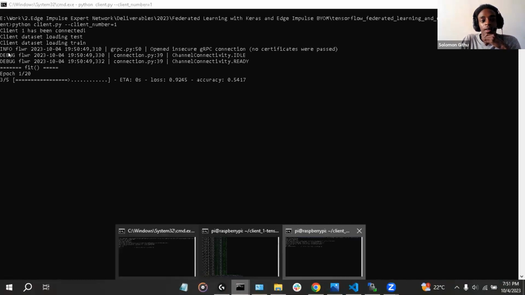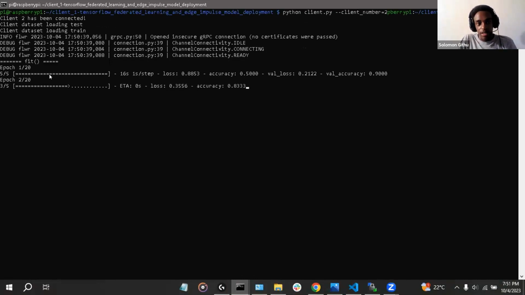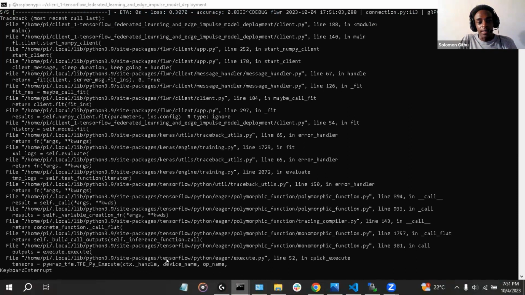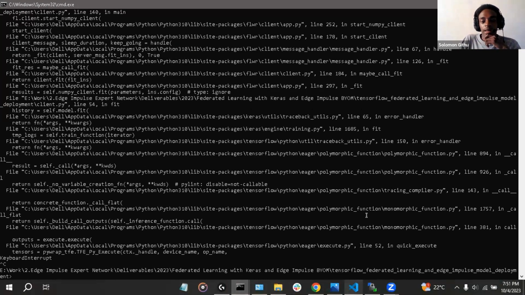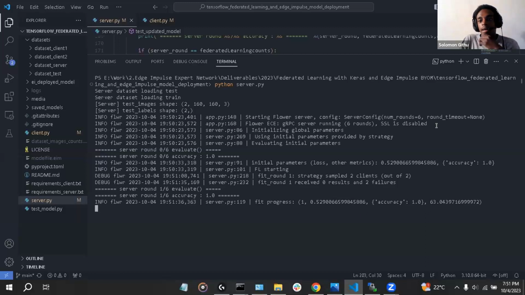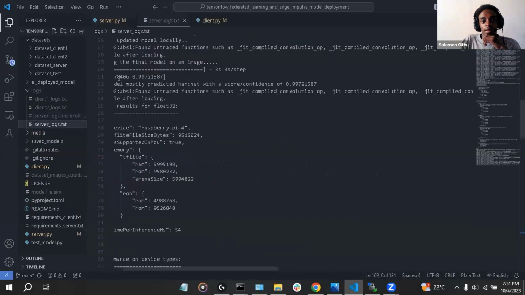And if you go back to the Raspberry Pi, it is also training the model. Because of time, I will just skip this process because it will take quite some time to finish. But I have some logs that we can look at regarding the processes.